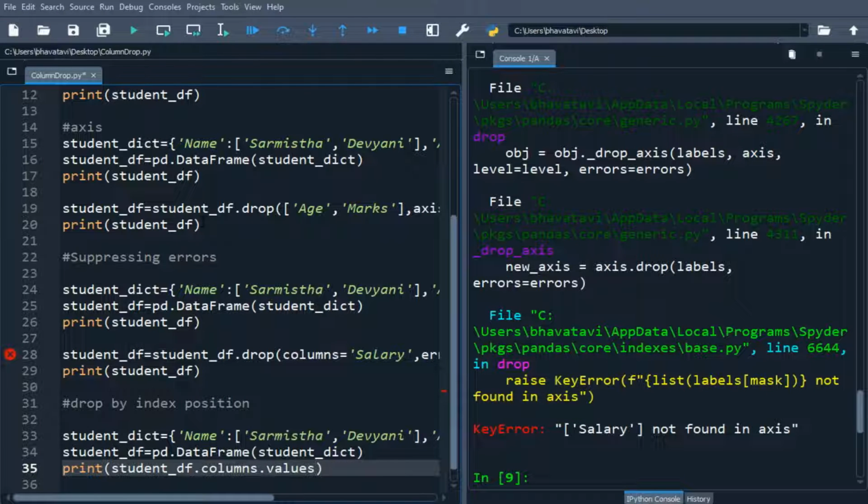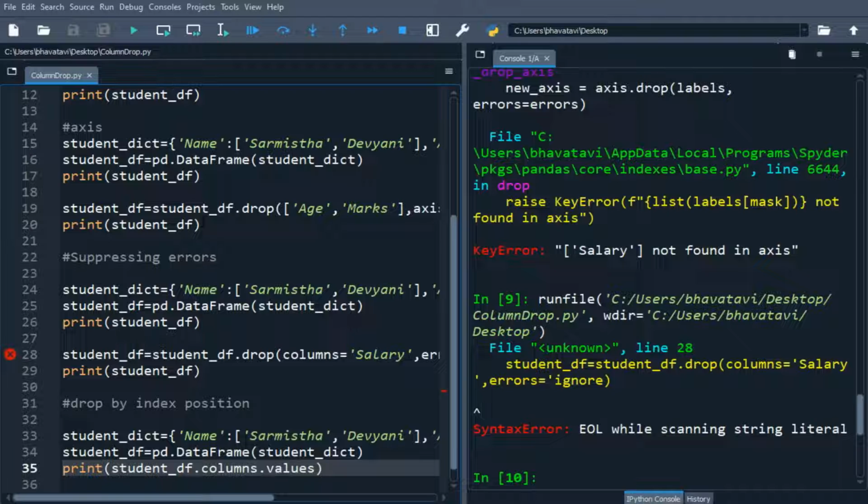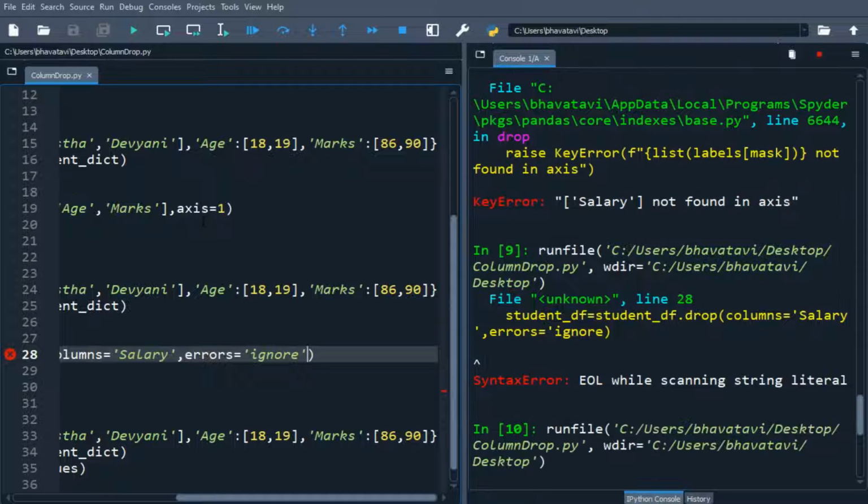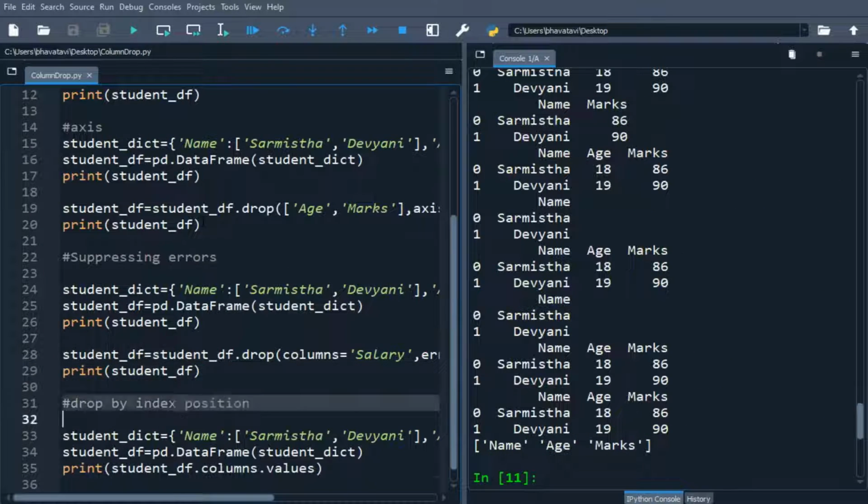Okay, so here is an end of line error, so I missed something over here in the above. So now you can see the column values are being given as name, age and marks.